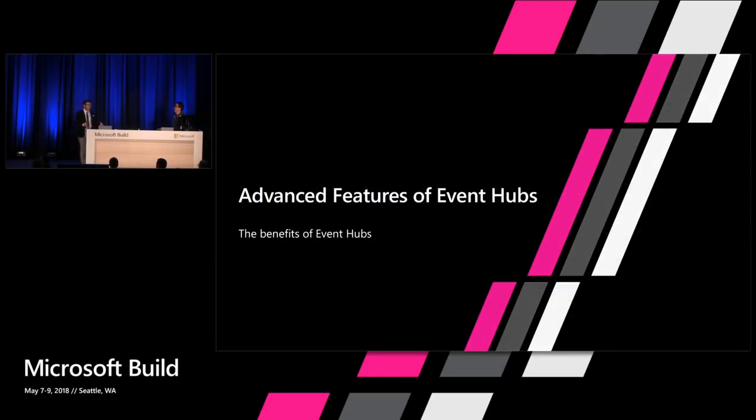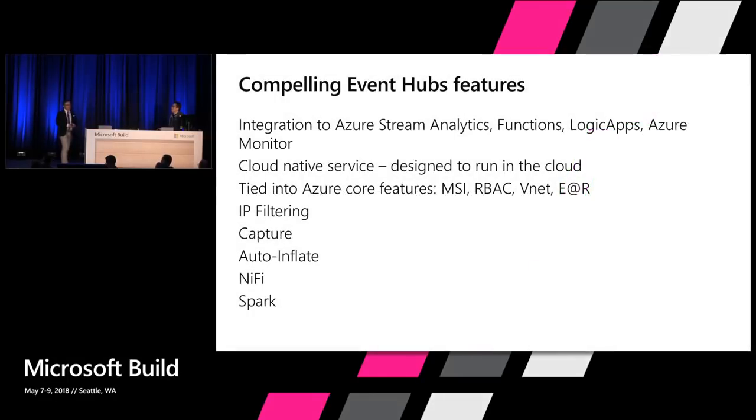So the power of Kafka is really in the ecosystem, and that's its core benefits. And we actually have a lot of advanced features in Event Hubs that are its core benefits. And they're kind of different in some ways and kind of similar in others. So when we look at them,